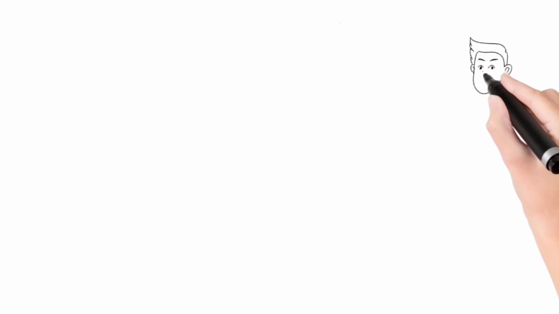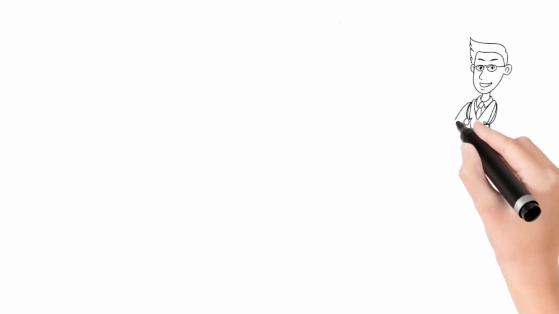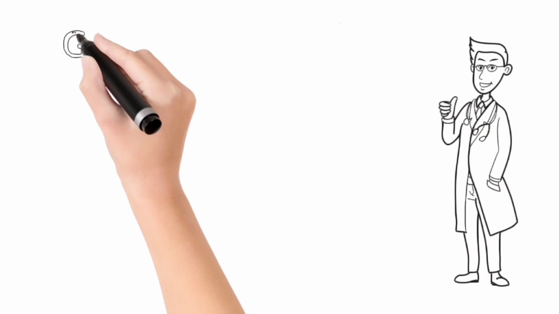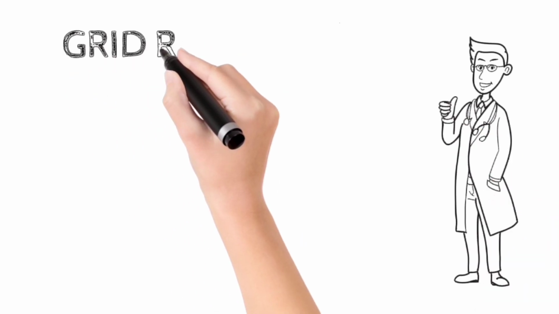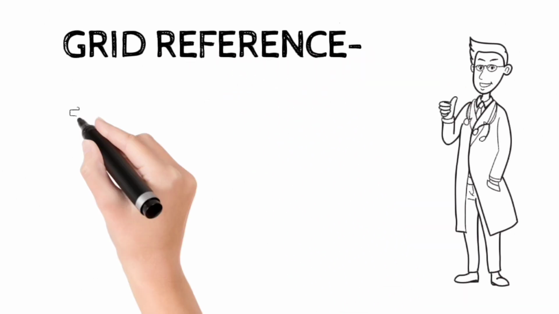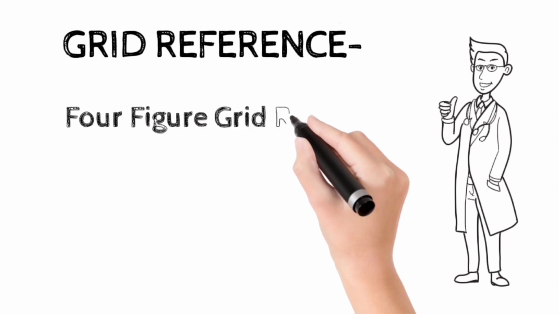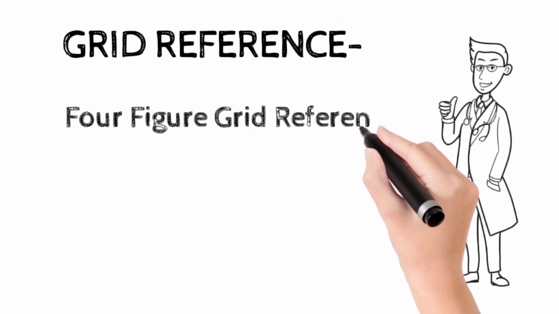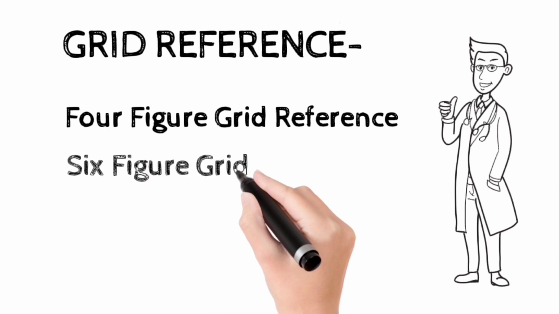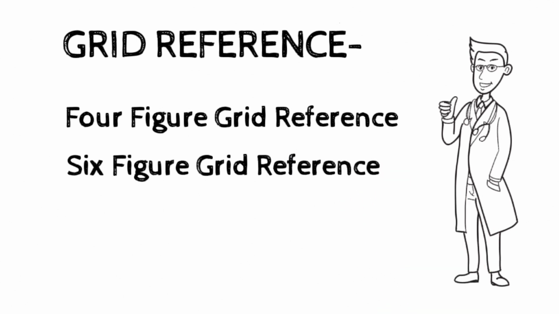As we know, topographical maps focus on a small area. Exact location cannot be expressed by latitude and longitude. Hence, grid system is used in topo sheet to find the exact location of a place, which consists of a network of lines on topo sheet running from north to south and east to west. And these lines and squares are used as grid reference. So let's understand grid reference, which includes 4-figure and 6-figure grid references.